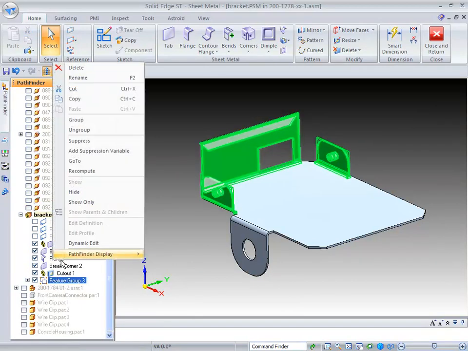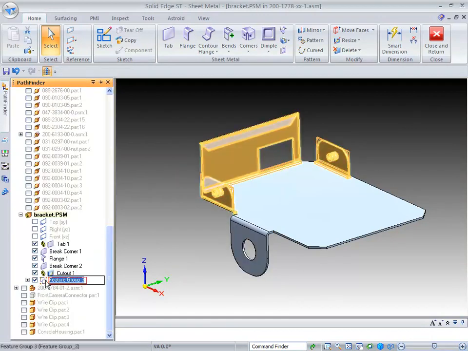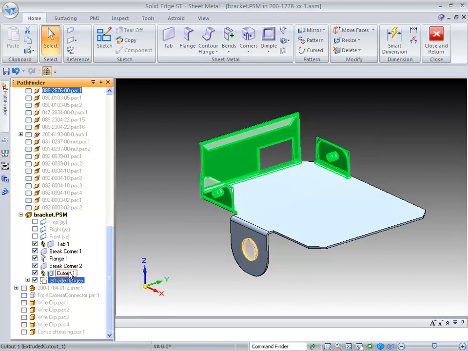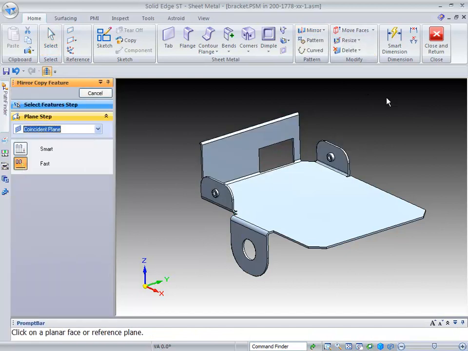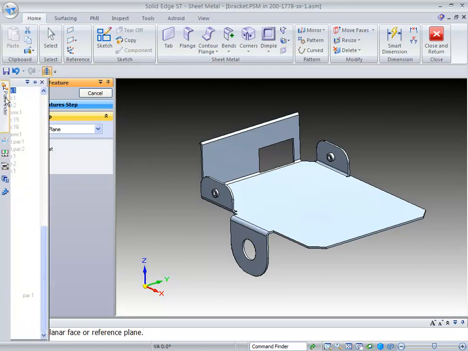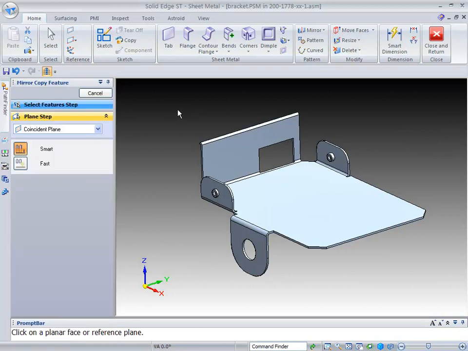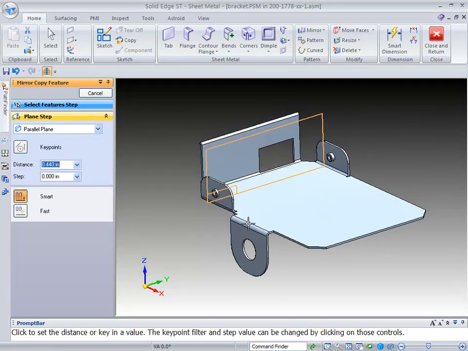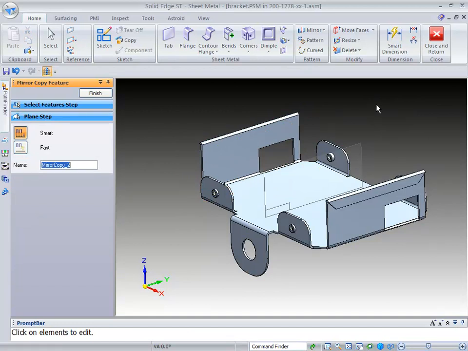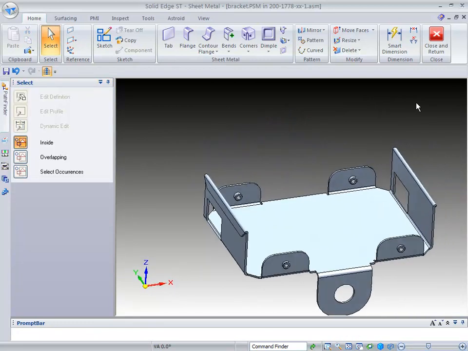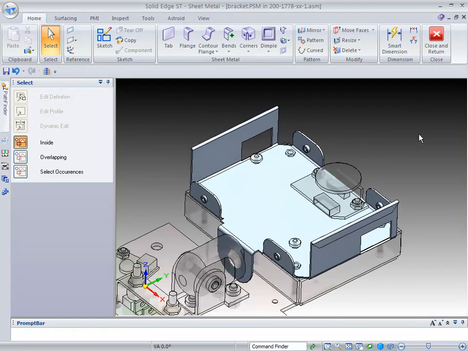Now what I want to do is go ahead and rename this particular group. And so we'll go ahead and call it left side flanges. Okay. And then what I'm actually going to do is use the mirror option, mirror copy feature. We want to use the smart option, and then we will simply select that particular group. And then we're going to use the parallel plane option again. Select that front edge and make sure you get the middle of this tab. And basically what it's going to do is mirror all of those features to the opposite side very quickly. Now as we turn on our background components, you can kind of see how this is all